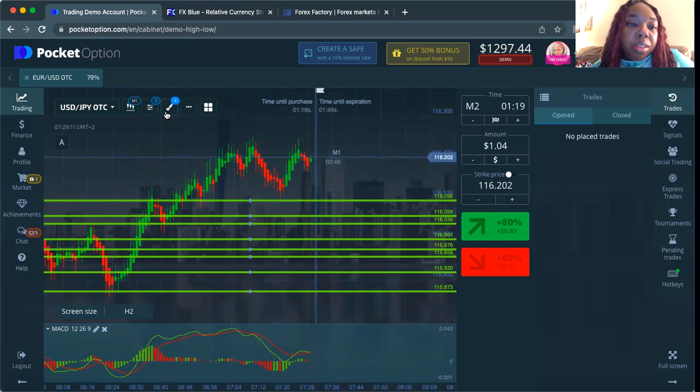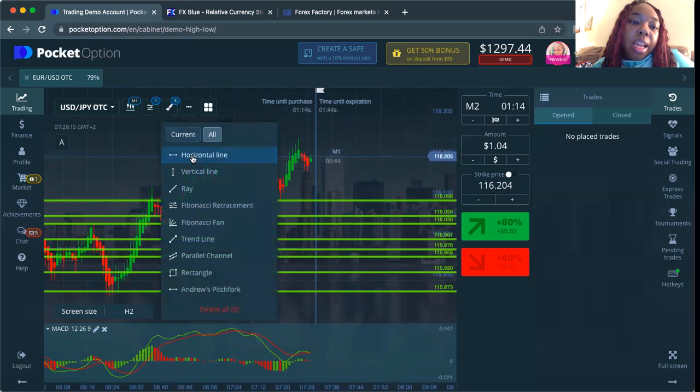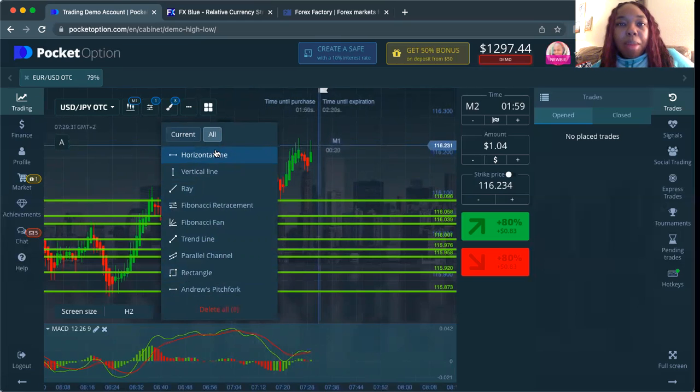Here where you see this little paintbrush, you want to click on that and you want to use horizontal line, or actually you can use whatever you want to use, but some people prefer rectangle for their support and resistance, and some people use horizontal line. Really, there's no wrong or right way about it. It's just based off of preference of the individual. But I love using the horizontal line, so that's what I will use. When you click on it,